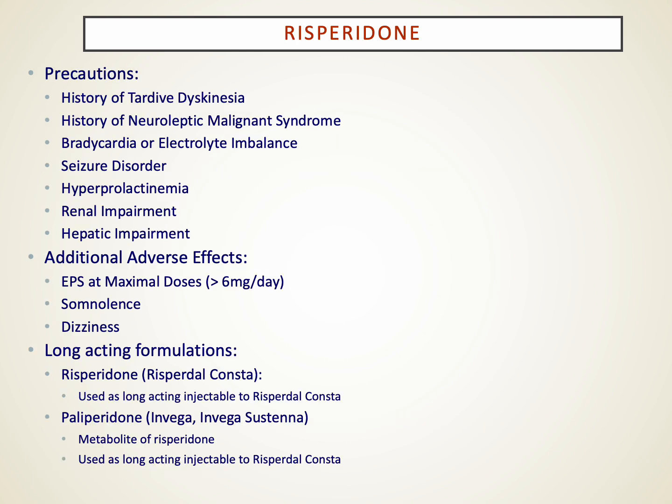Risperidone has been around for a couple of decades now, and it's available both as a short-acting oral formulation and different long-acting forms, either as the parent drug or the active metabolite of it. The long-acting formulations are the more common use for these drugs. There are a couple of other alternatives like these drugs available on the market as well. The problem is that risperidone itself has a fair degree of extrapyramidal side effects when we get doses above 4 to 6 milligrams a day. And so it begins to behave and bind to the dopamine 2 receptors in a way that produces some of these movement problems we saw with the older typical agents.